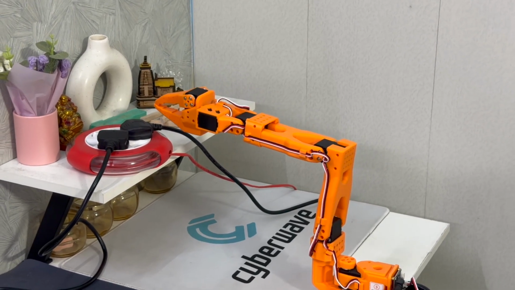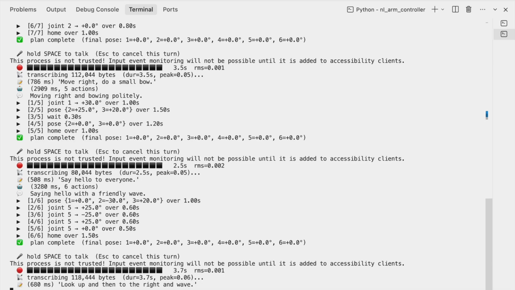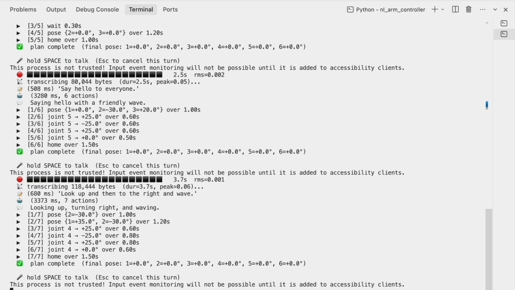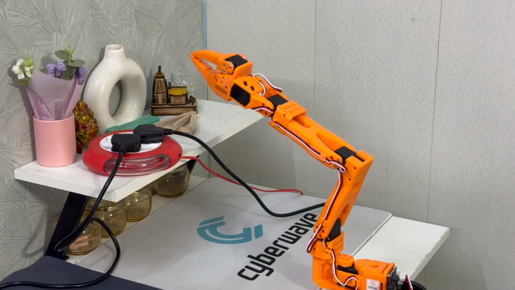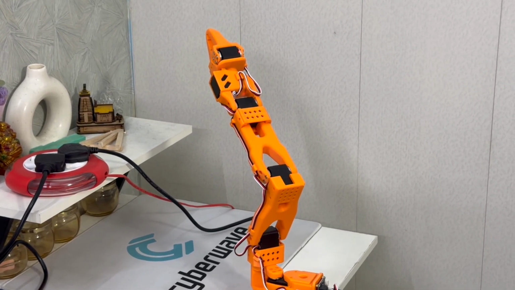Okay, perfect. Let's try another one. Look up and then to the right and wave. Perfect. And we can see how this works.